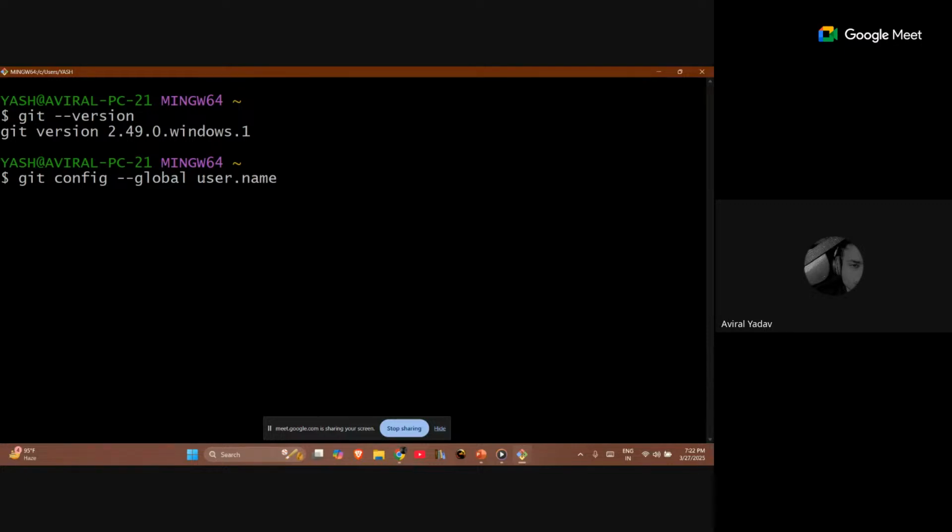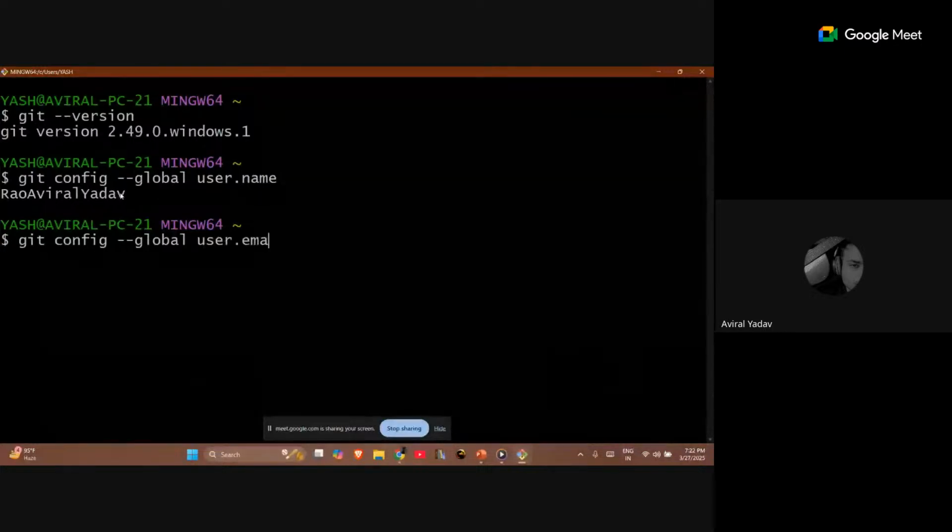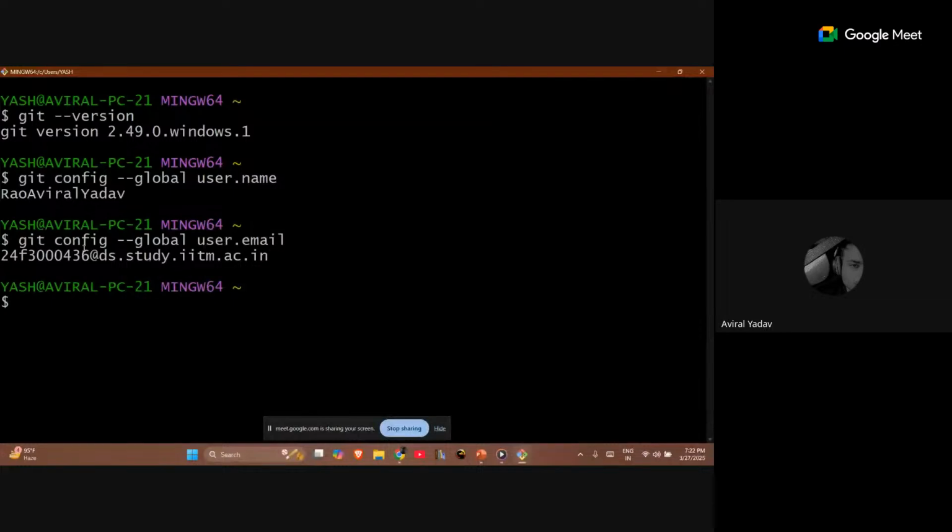Just write your username here, no issue. And as you can see, I've already associated with it, so my username already came. And git config --global user.email. And this is the user email that I have done my work with.